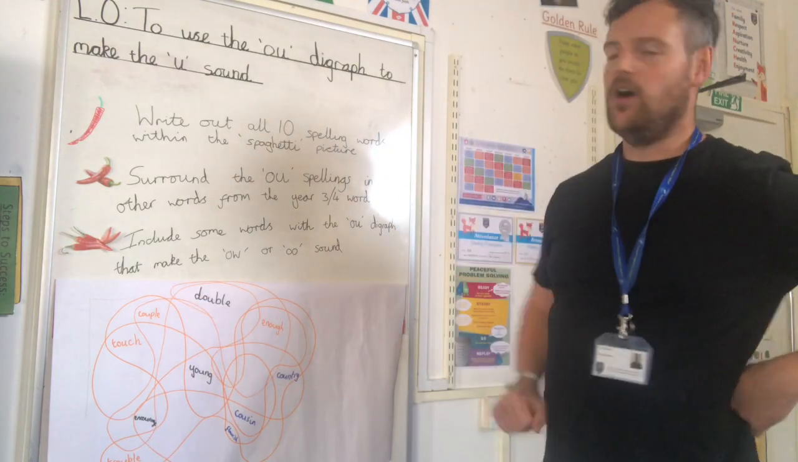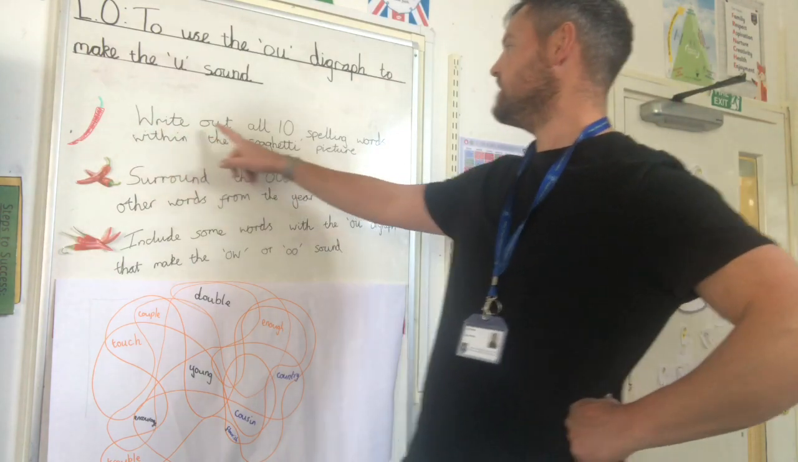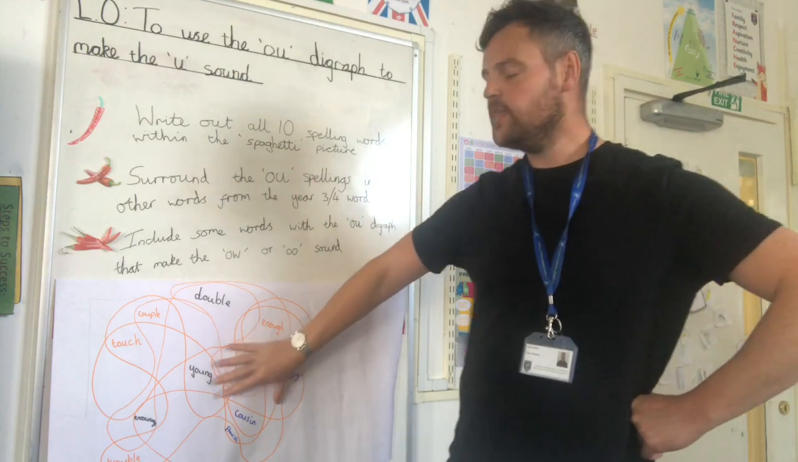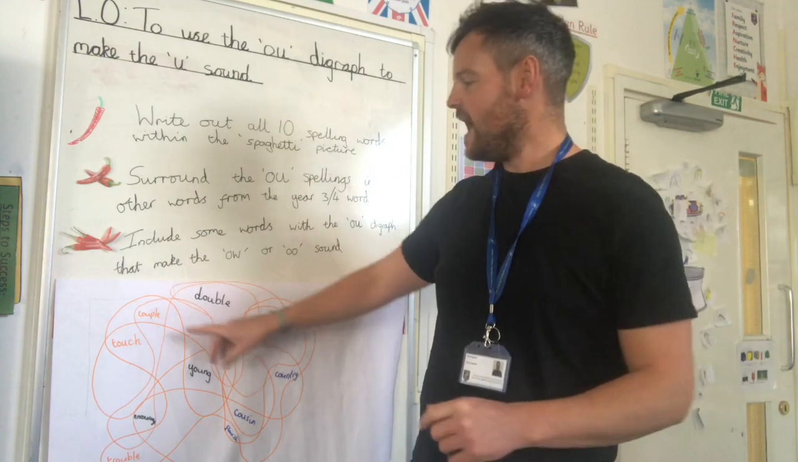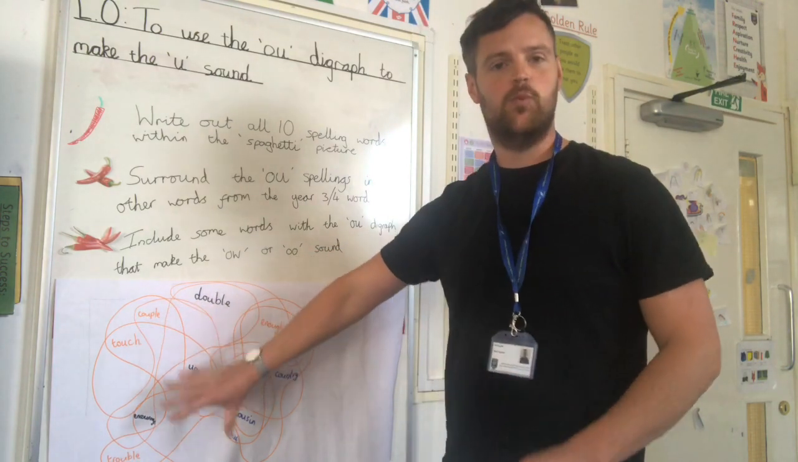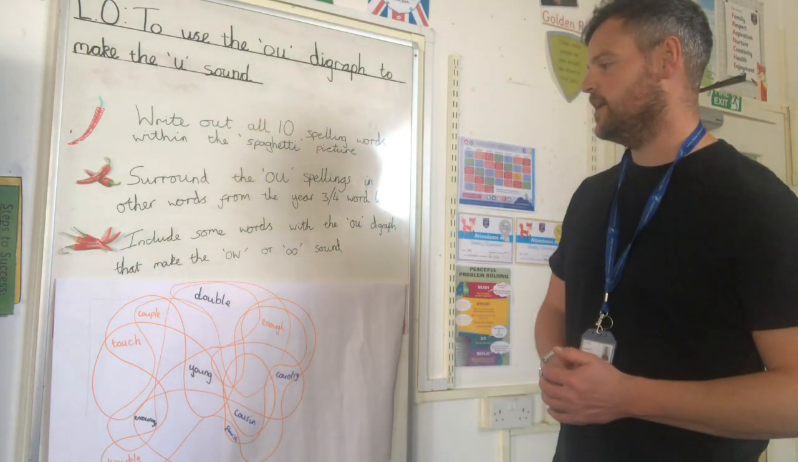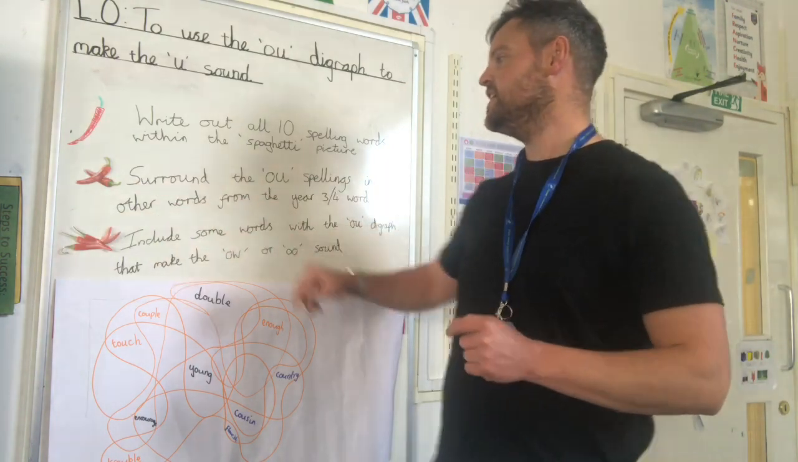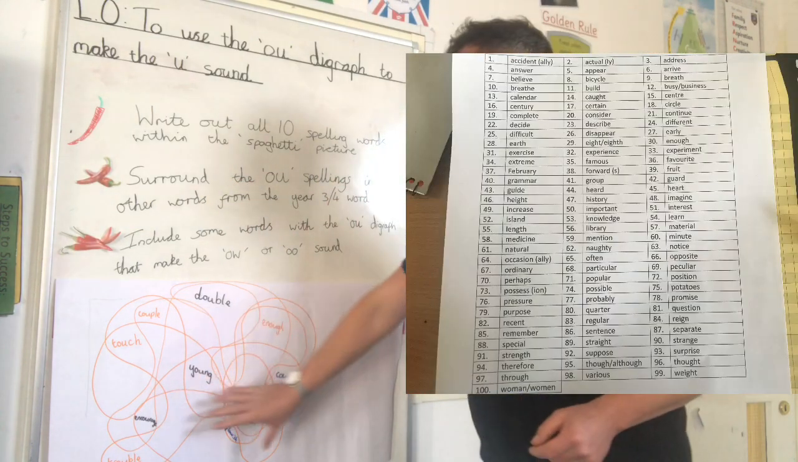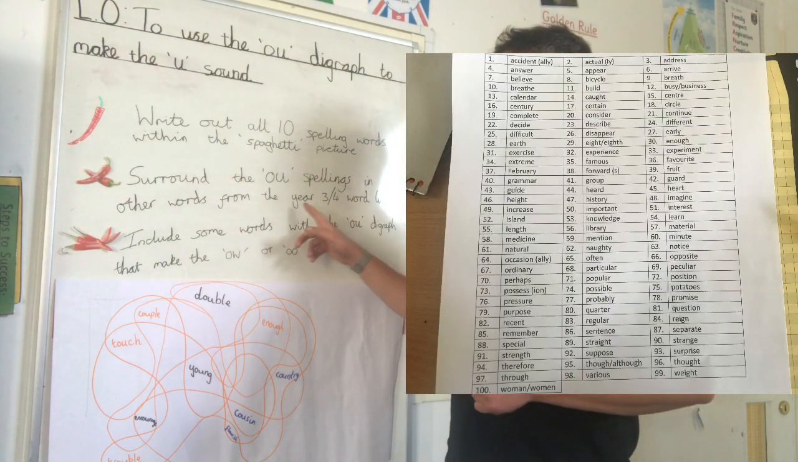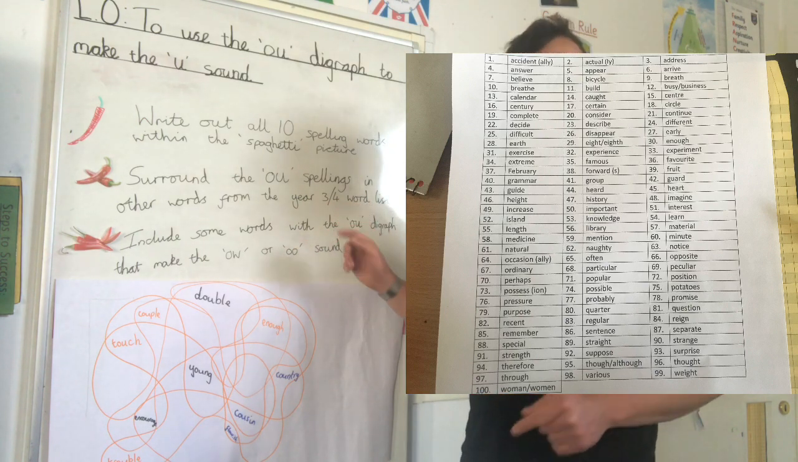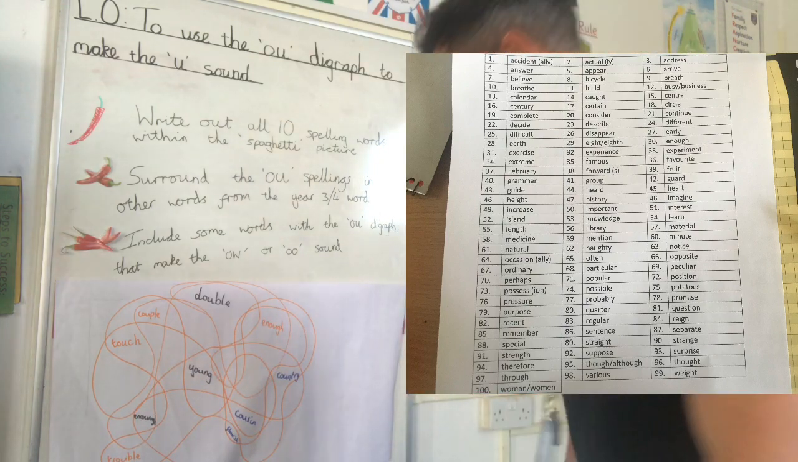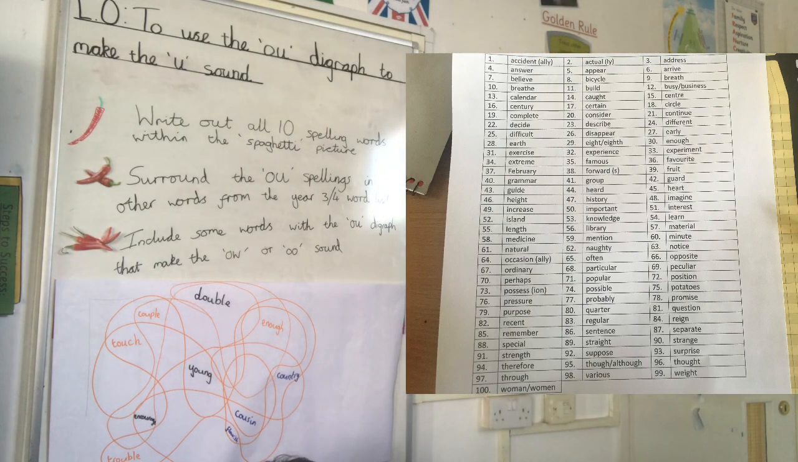So, chili 1, what I've asked you to do is to write out all 10 spelling words within the spaghetti picture. Okay, so I've done that so far. But we want to add some other words around the outside as well to make it harder for your learning partner. So that they have to really read the words and think about the rule. So chili 2 says, surround the spellings that we've already got in other words from the year 3-4 word list, which is on the screen at the moment. So I'm going to take some of those and dot them around. So I'm going to choose to put in